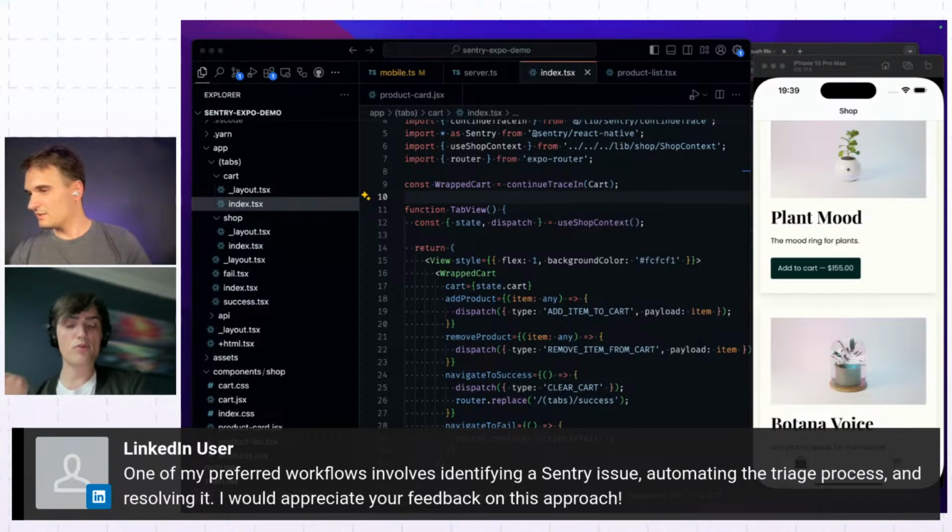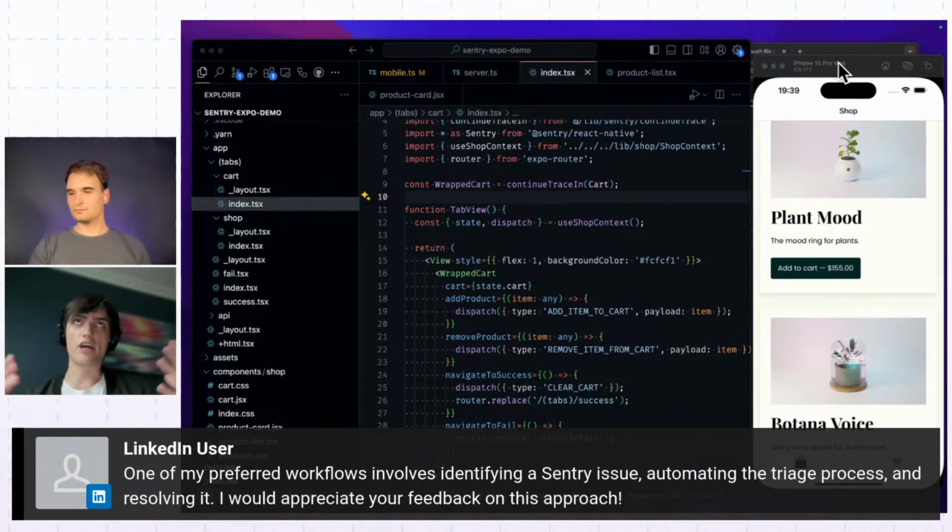Well, maybe we can rephrase this a bit as what is a recommended workflow for debugging mobile apps on Sentry? Are there ways to automate things, or what can we do? It's like enable tracing for sure. I mean, that's I guess a good tip. Yes, yes, yes. Okay, now I understand. Yes, so